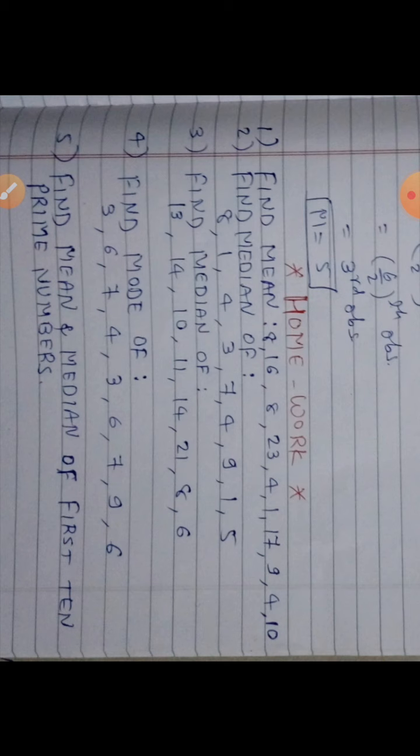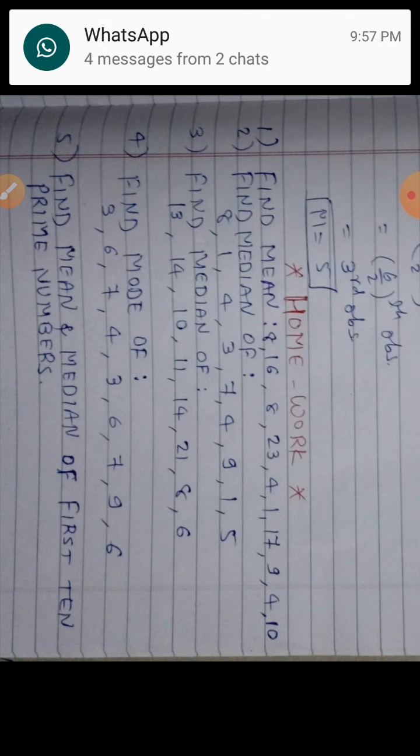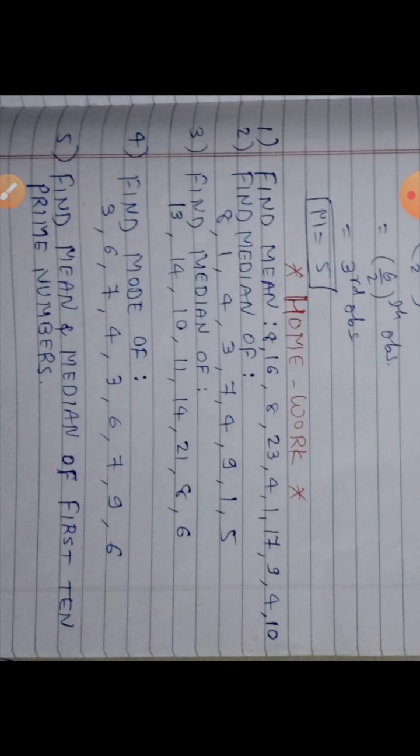Okay, but today no grouped data is there. Just understand the types of data. Two types of data, either ungrouped data or grouped data. For convenience, you can understand it another way also. If a table is there, grouped data. If data is given without a table, that is ungrouped data. Okay, that is quite simple.